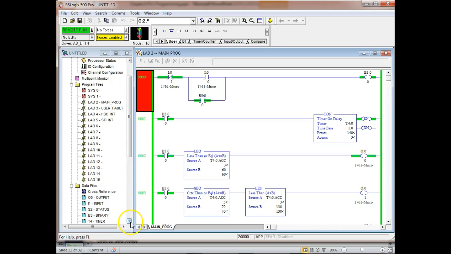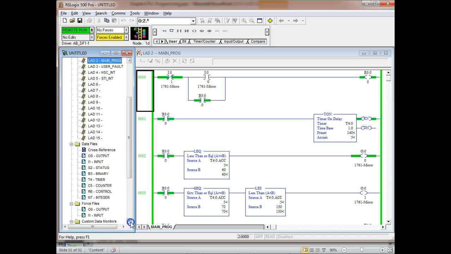Then we get down to the data files. So these are the data files that are covered in 116. So our data files, we have our output data files. This is where all our data is stored, going to our outputs, our inputs. This is where all those bits are stored when the PLC reads the input. Status, we use this for